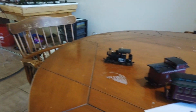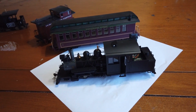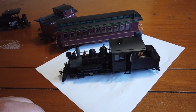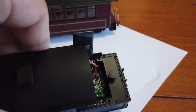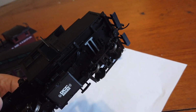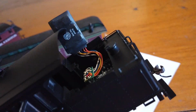Alright, so I tried running the Forney on the track and it wouldn't run. At first I thought, well, this is DCC with sound on board, so it might require a lot more electricity, or maybe this is one of the older ones that wasn't manufactured to have dual mode. But then when I popped off the coal load and the tender to check out the board, you probably can't see it, but in there are copper wires. The bottom truck there is powered, in the sense that it picks up electricity, and it's supplied into the board with